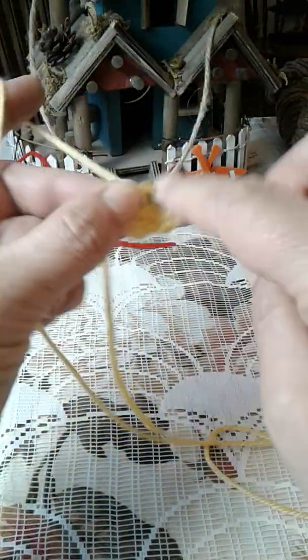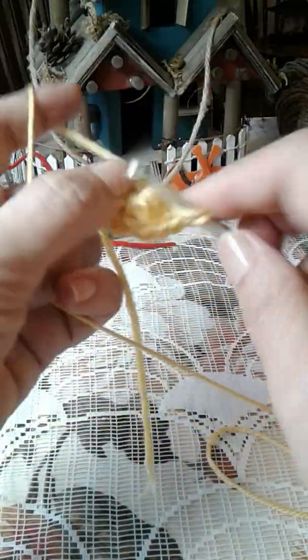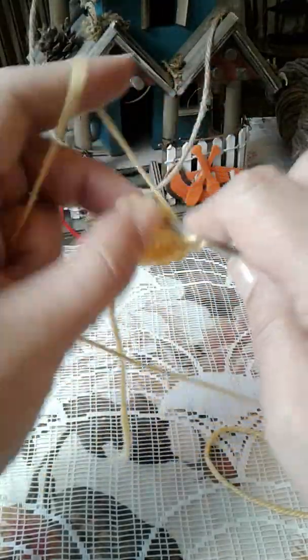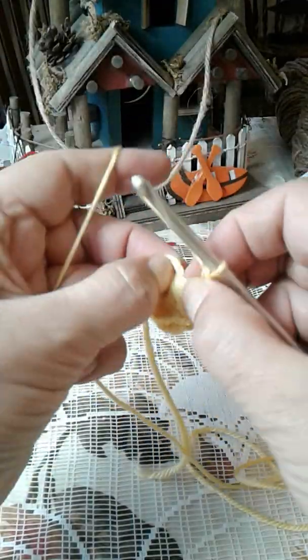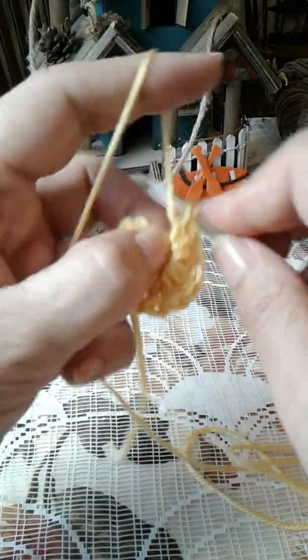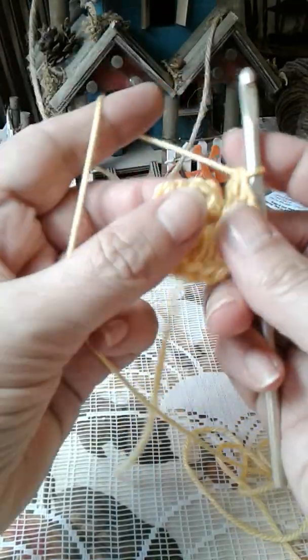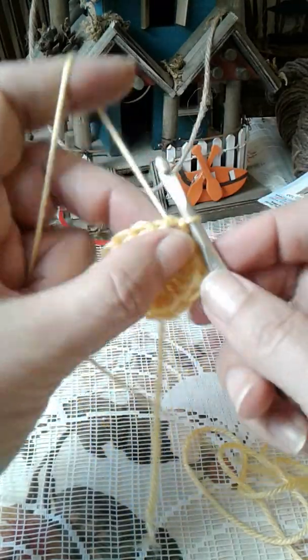And I am using Caron Simply Soft. That is 2, 4, 5, 6, 7, 8, 9, 10, 11, 12, and you can just pull it to make more room. 13, 14, 15, and 16, and then we will slip into the top of this double crochet chain, and